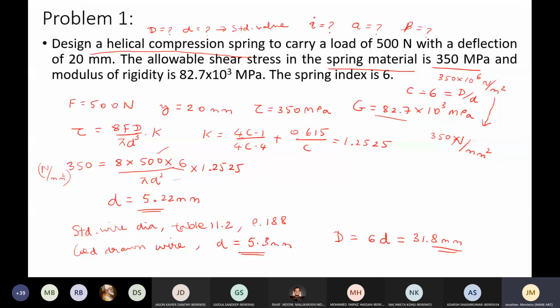In fact, the same rule goes for all three kinds of wires: hardened and tempered, and stainless steel also. So all three categories get the same value, 5.3 itself. But as you rightly pointed out, nothing is mentioned here about the spring material. If nothing is mentioned, you are free to choose that wire. If a specific application is mentioned, something like heat application, then you would go for hardened and tempered steel wire. And if a corrosive environment is mentioned, then you may choose stainless steel wire.